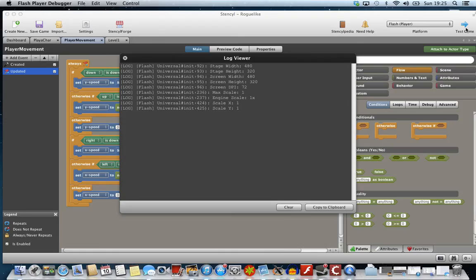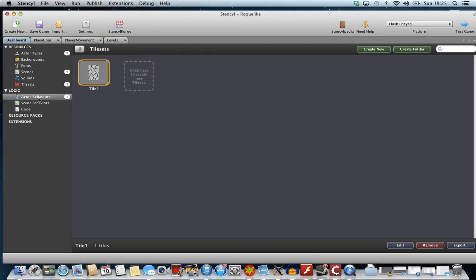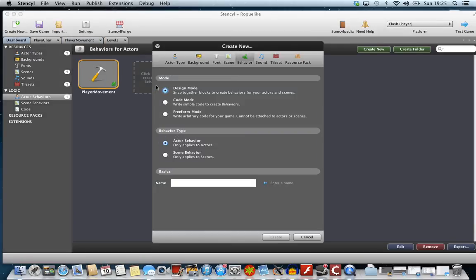So, yay, we have him going diagonally now as well. At last, finally got there. So, we have him moving about our scene. What we want to do now is get him to attack. So, we'll get out of this and create another behavior for our player character. After behavior, and then player